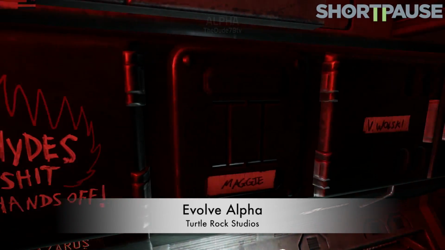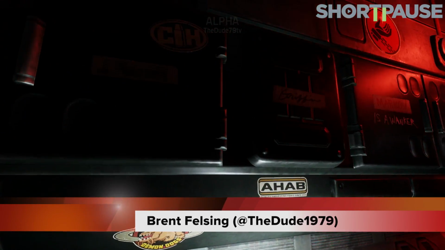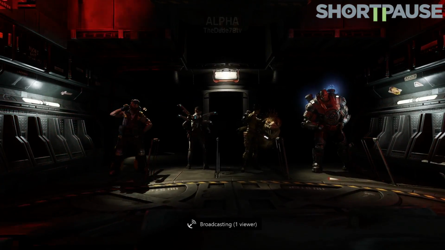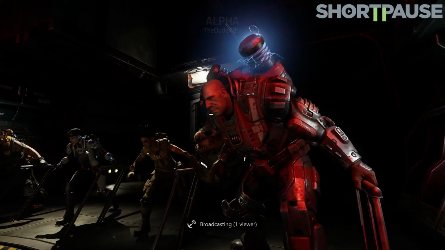Evolve is an online 4 vs 1 squad-based cooperative shooter from Turtle Rock Studios. It's set to release in February of 2015, which is just a few months away. In an effort to make sure the game is prepared for the masses and working properly, Turtle Rock has decided